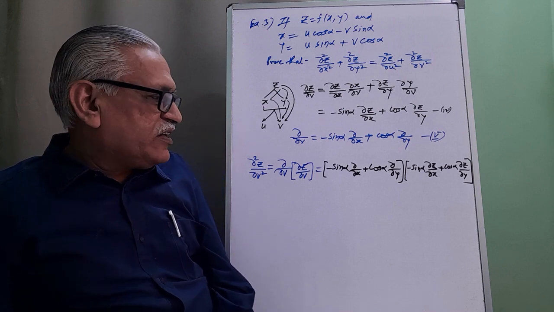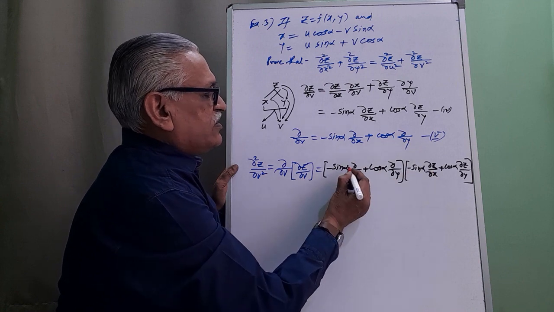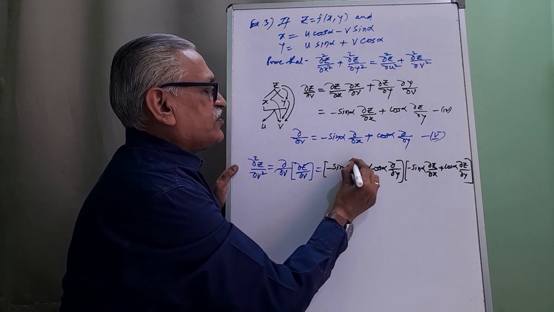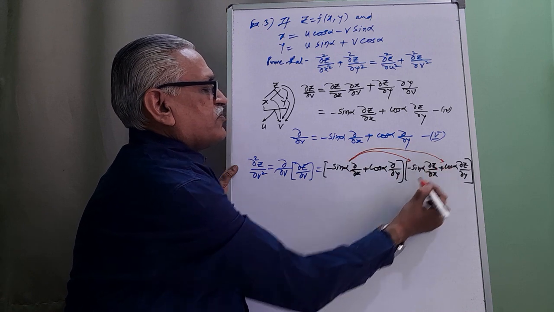Again, it is not a product only, it is operation by operator. Therefore, operating this on this first and this on this second time, we get